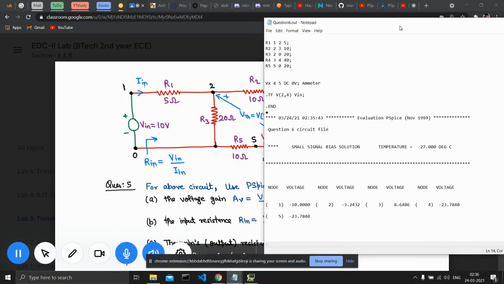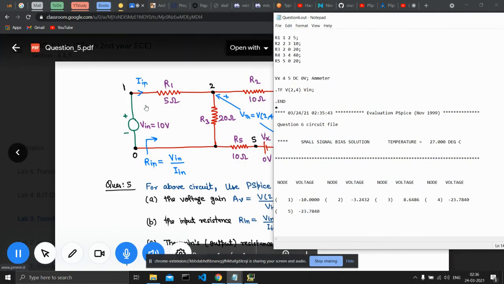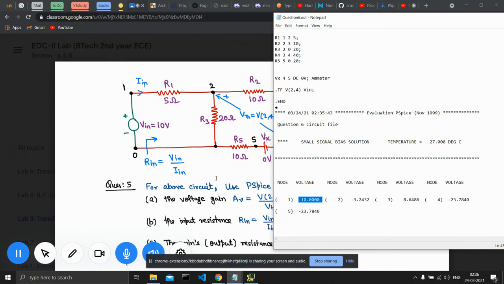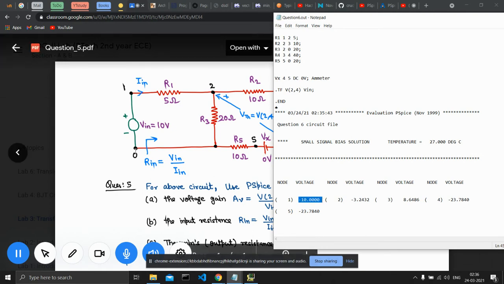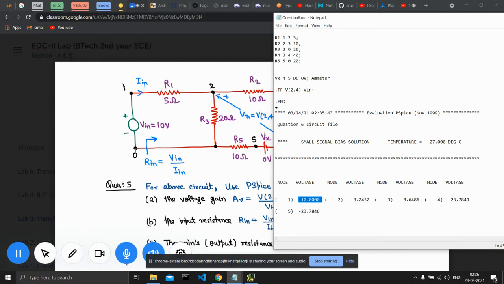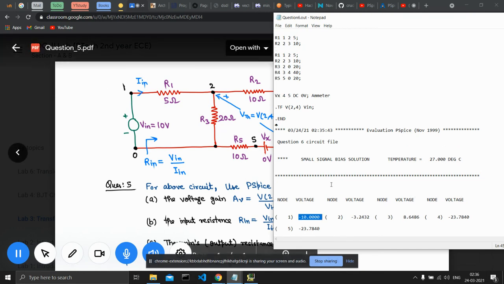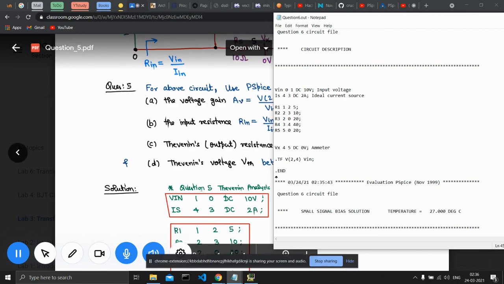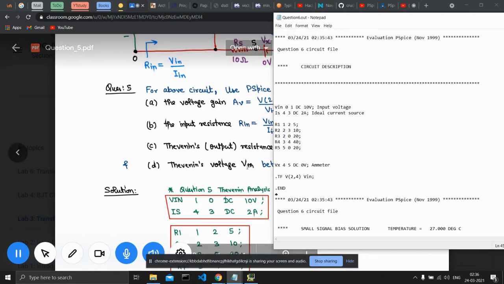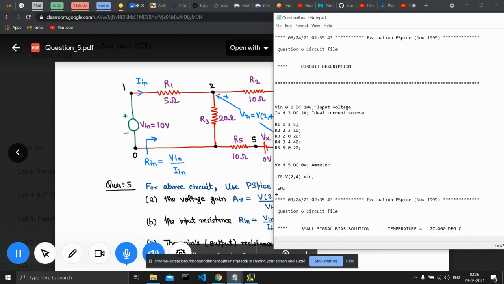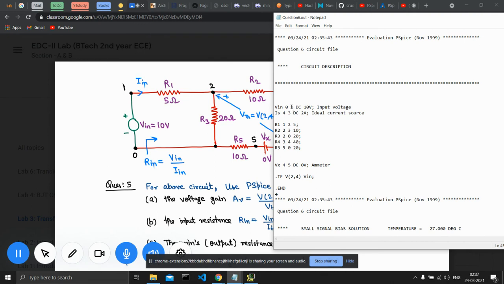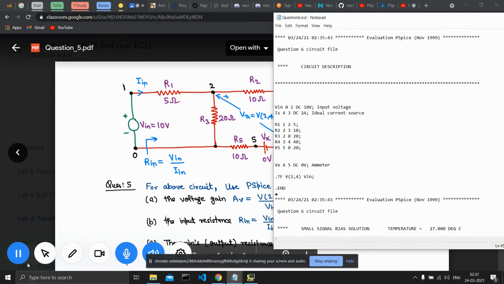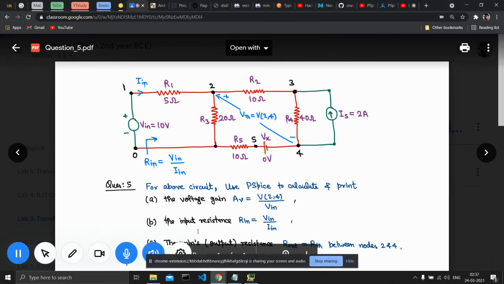Okay, so we have node 1 has a voltage of minus 10 volts because this is 0 and this should be 10. This should be plus 10. Okay, I accidentally made a mistake. Right, now it's fine.